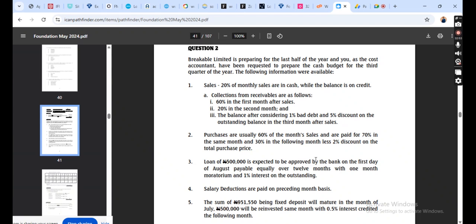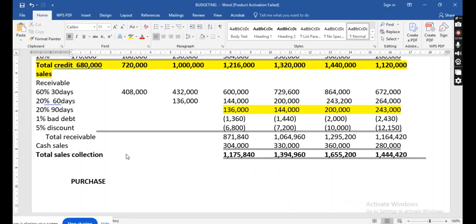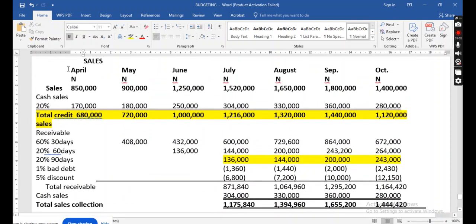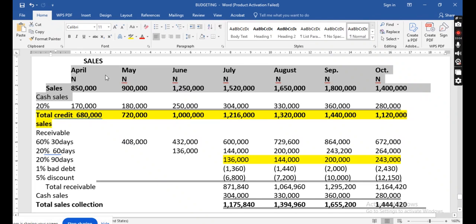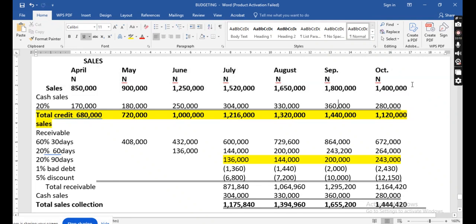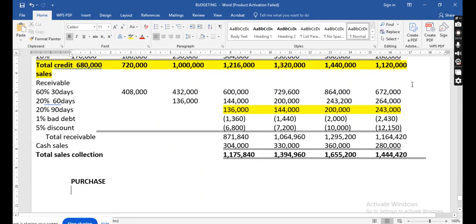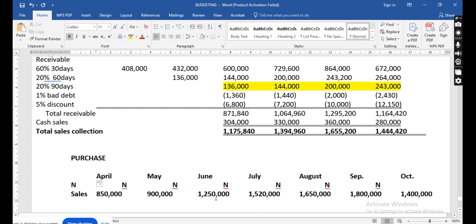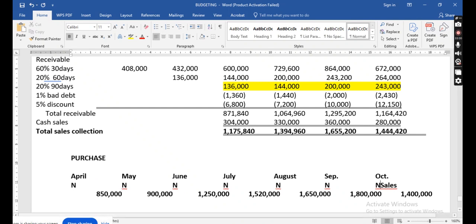Class, are we still together, please? Yes, sir. Thank you. Now, in this case, we have to bring in the sales because the question says 60% will be for purchases. I purposely brought this question so that it will expose you to 30 days, 40 days, so that when we solve more of these past questions, you get familiar with it. So, is it like this? Okay. A minute.